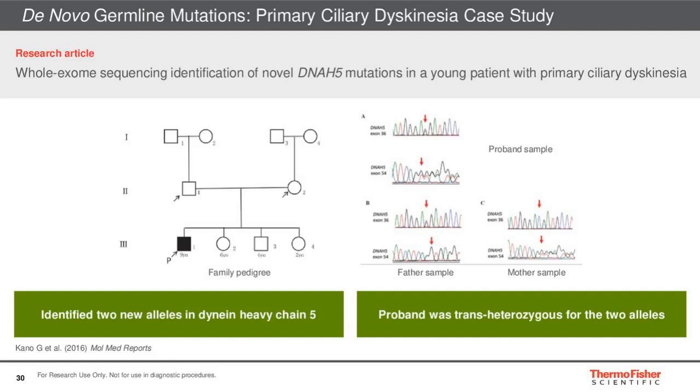And then this was also confirmed with ultrastructural analysis of the cilia, which confirmed the defective morphology was due to a malformation of the dynein heavy chain. Technically, the affected individual did not have a de novo mutation, but was just unlucky, having inherited the defective alleles from both of his parents.